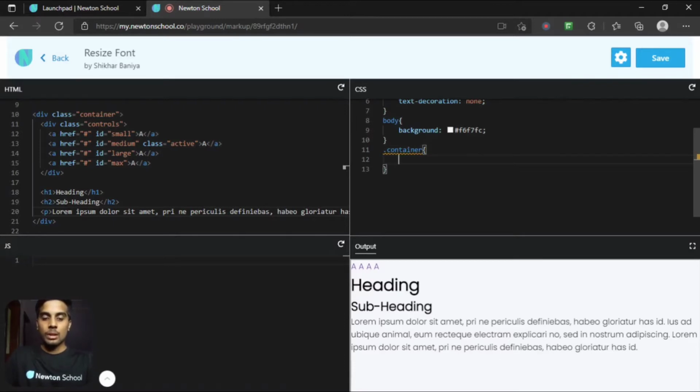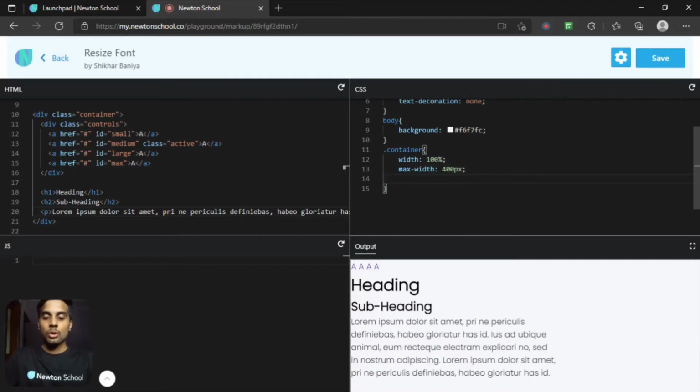I want to provide it a width of 100%. Maximum width will be 400 pixel. Also, I want to change the background as linear gradient. We have to specify basically three things in linear gradient. First will be the angle of your gradient, so this will be 315 degree.